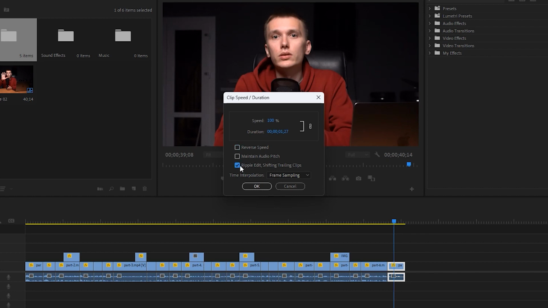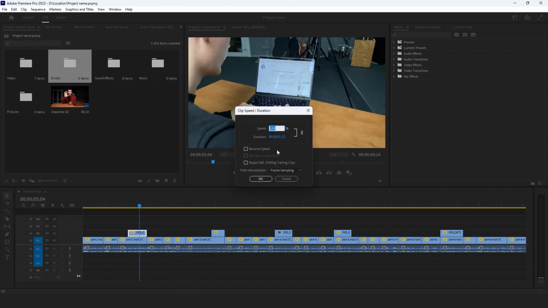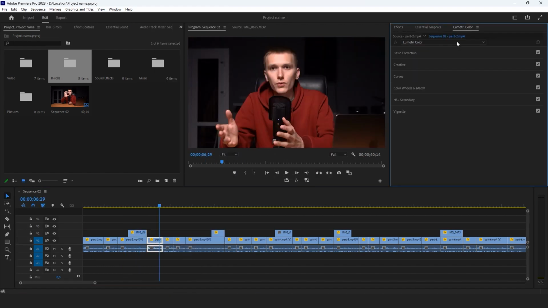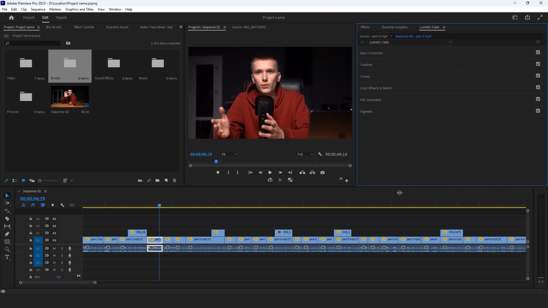If you enable the ripple edit toggle, all neighboring frames will shift accordingly after changing the speed of the frame you accelerated or decelerated. I want to change the direction of movement at this moment, so let's activate reverse speed and click OK. As I mentioned earlier, color correction can really make the image much more cinematic and interesting for